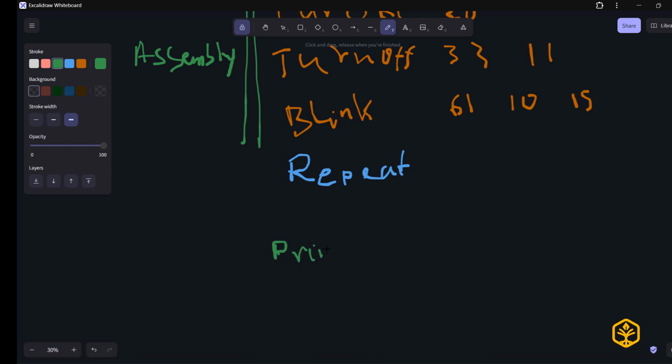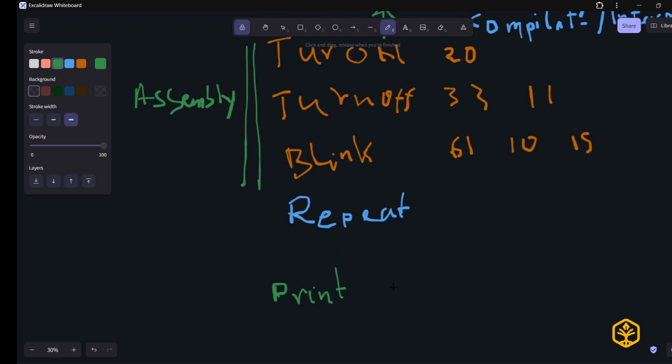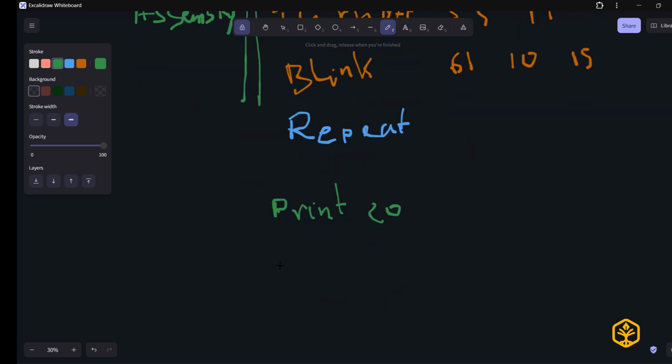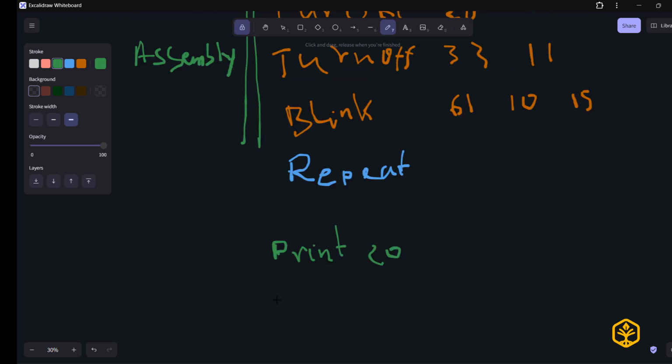So I'll be like print, and then I'll indicate, let's say 20. Okay, and then I'll be like if evening, or no, if morning, sorry. So if morning,